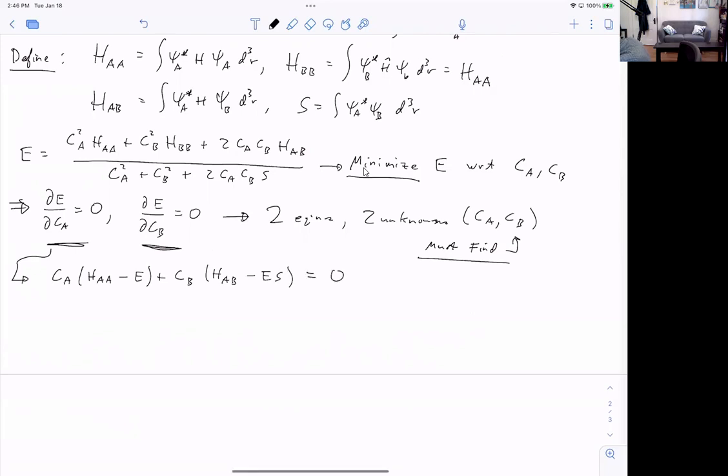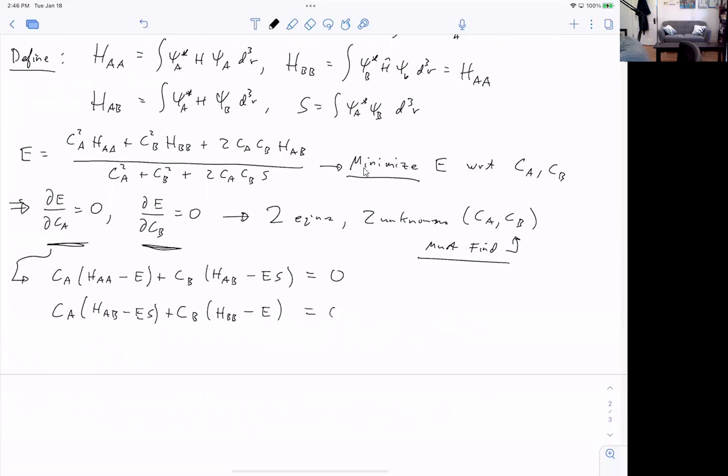So that's just the first derivative with respect to C A equal to 0. Then we take the first derivative with respect to C B, and we get this. The next equation is C A times H A B minus E S plus C B times H B B minus E